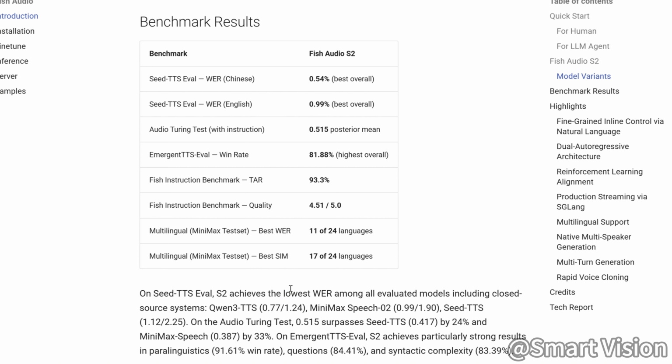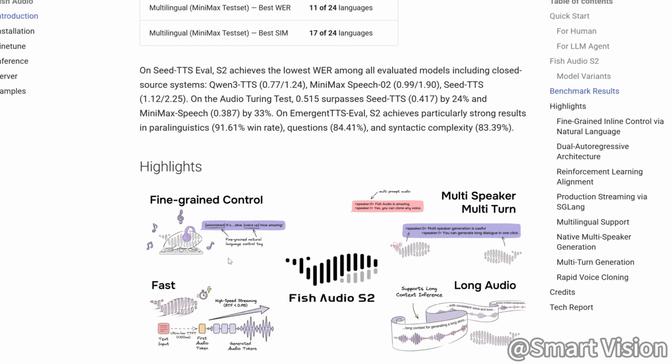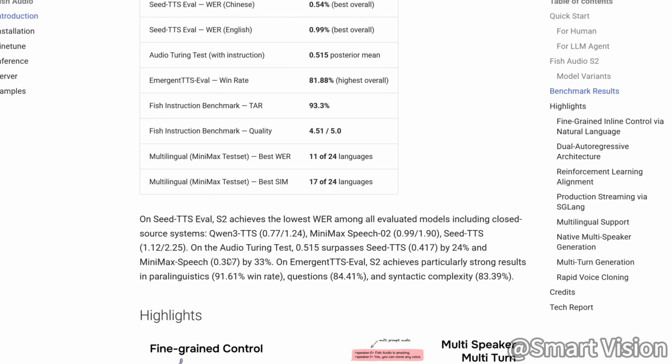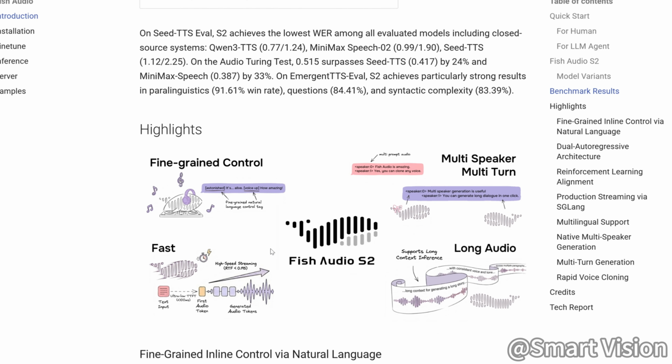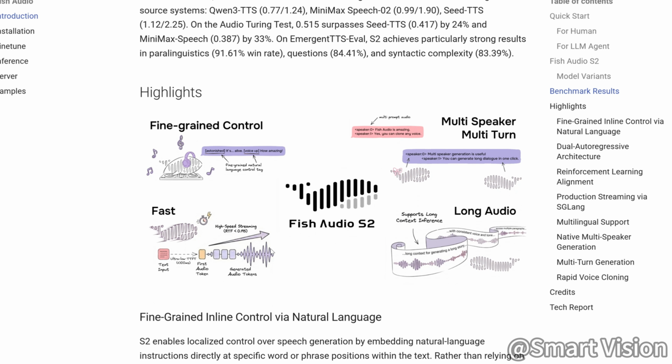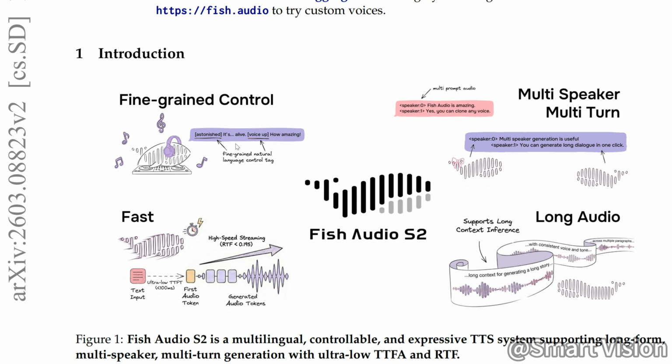Before we dive into using it, let's quickly understand what FishAudioS2 actually does. At its core, it's a next-generation text-to-speech model. But the biggest difference from traditional TTS is this: it doesn't just generate sound, it also understands how you speak. For example, you can directly write things like, "A bit quieter, say it with a smile," or with some hesitation in your text. The model will follow these cues and generate not just the words, but the emotion and tone